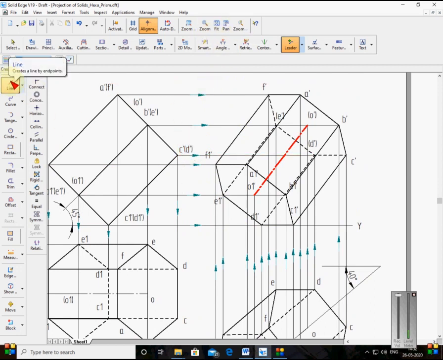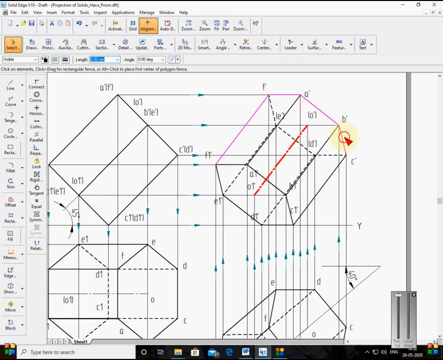Now, just to get a feeling of this solid, even if you want, you can change the thickness, just to understand the feeling of this 3D figure I am doing here. Don't do this in the examination. I am making this one dark, 2 mm thick. I hope you can understand this figure, right?